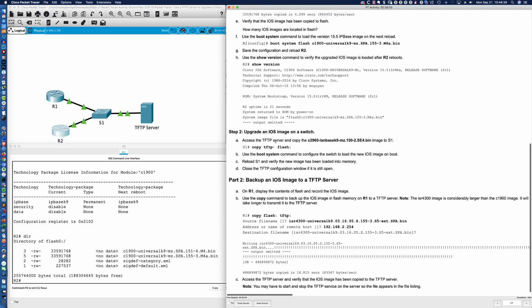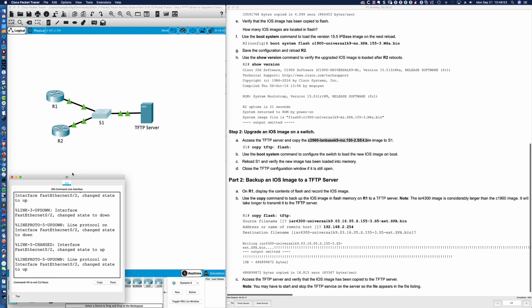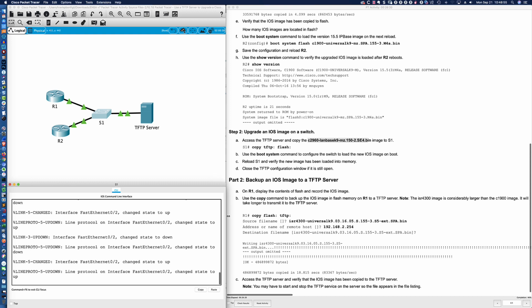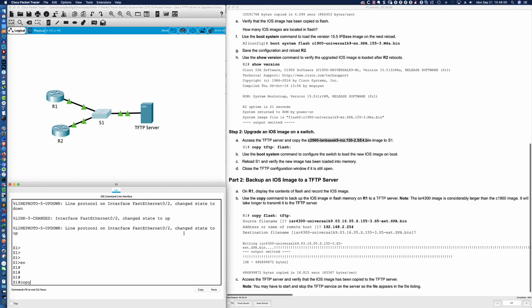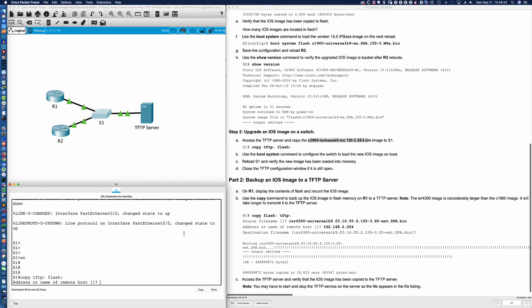All right, so now what we're going to do is upgrade the IOS image on a switch, and it's done in much the same fashion. So we're going to access the TFTP server. We're going to get the C2960 LAN base for switch number 1 here. And now we can move through the rest of this activity a little quicker because we know the steps that are going to be required. Copy tftp://